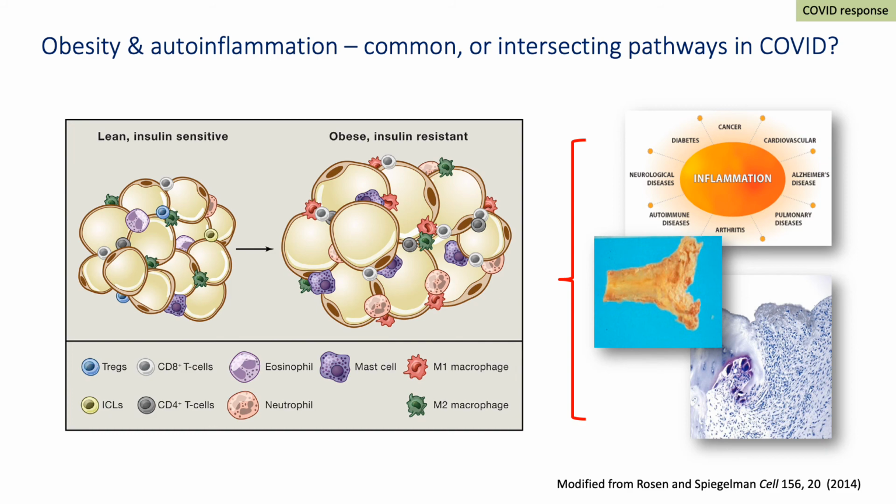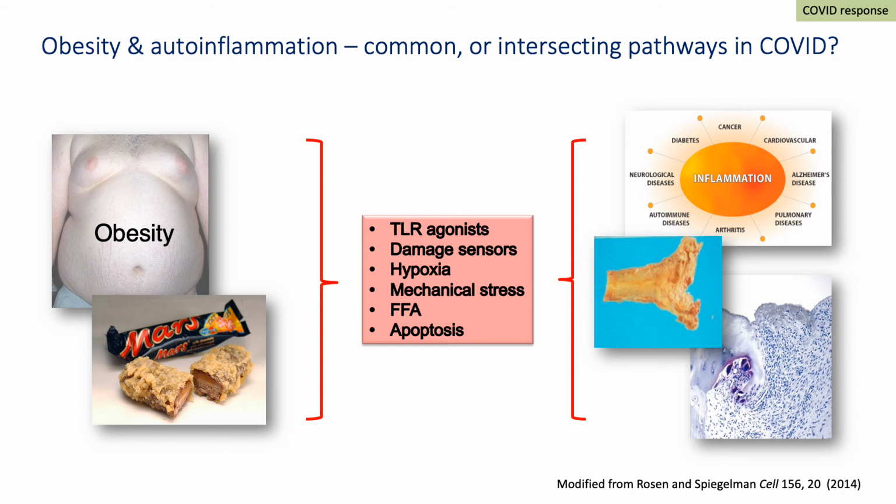And of course, if you are in turn obese, then your rheumatoid arthritis is worse. And that might be because many of the factors that are present in adipose tissue in obese people are likely to be drivers of inflammation. Toll-like receptor agonists, these are sensors of damage in the immune response. Hypoxia, a driver of damage. Mechanical stress, a driver of damage. And of course, you're now thinking about a patient in the intensive care unit who's hypoxic, who's subject to mechanical ventilation, and who has large-scale tissue breakdown, potentially leading to vascular activation, potentially leading to the coagulopathy and microvascular embolic diseases that we are seeing. Of course, this is all hypothesis.